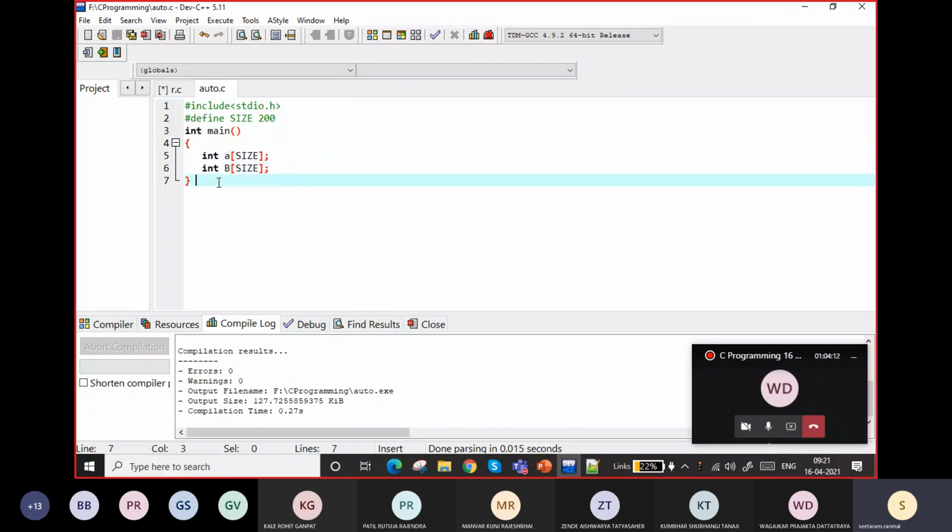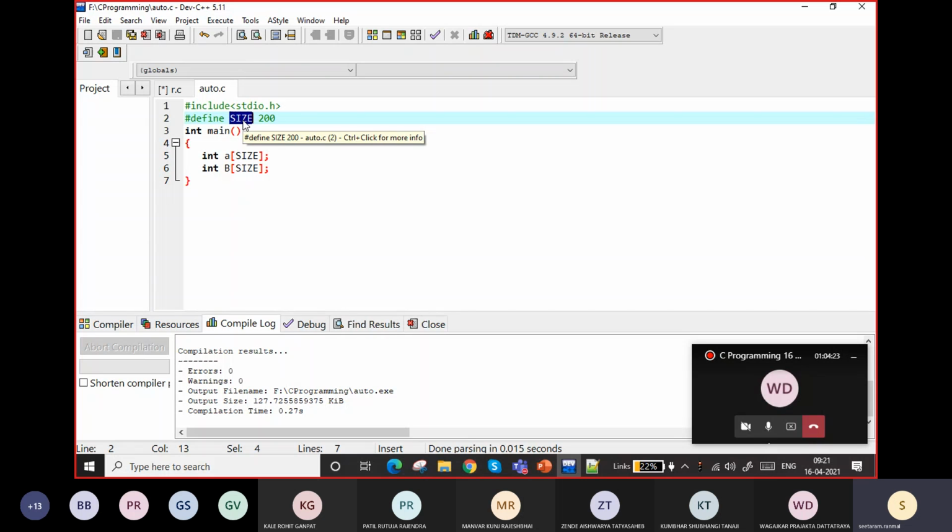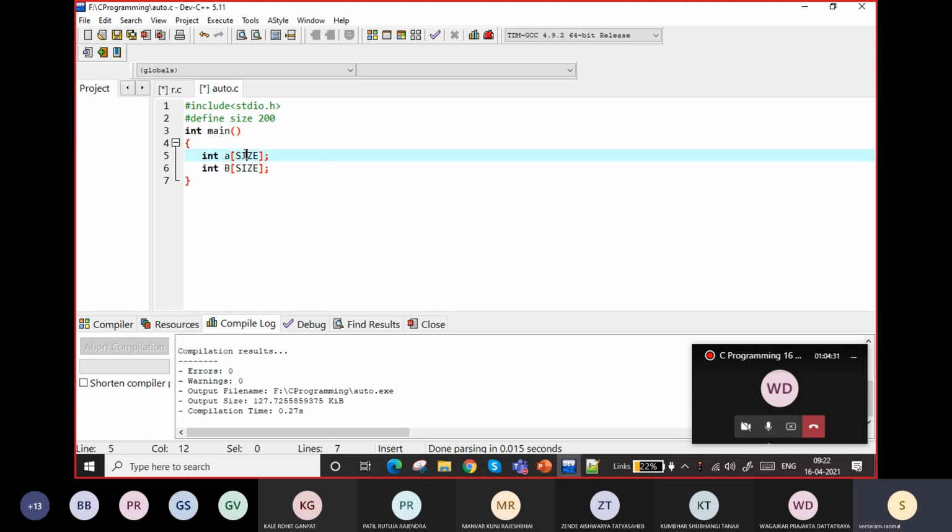The first thing about this is that a preprocessor has a defined constant. Remember, there is no semicolon at the end, and the general practice is that we put this in capitals. But even if you write this in small letters, there is no issue.